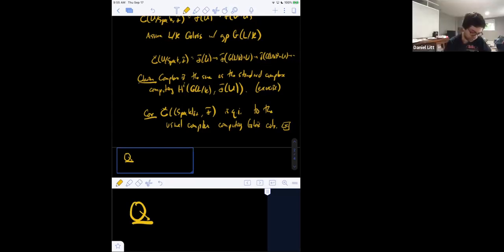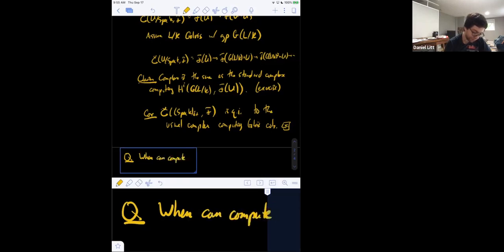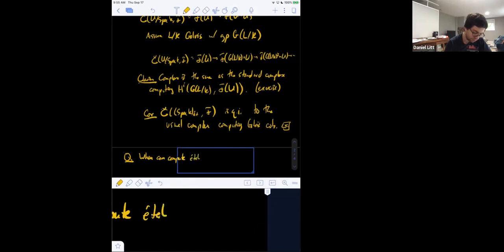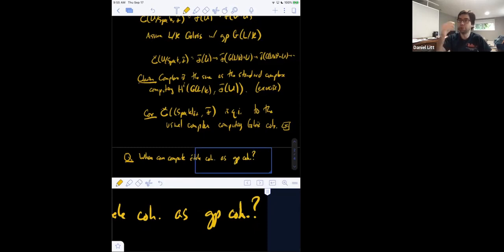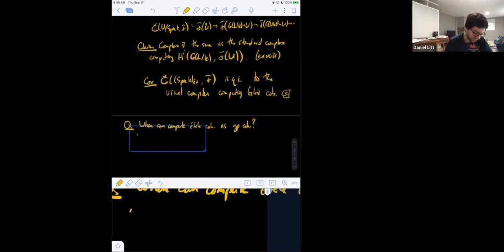So you can ask: when can you compute étale cohomology as some kind of group cohomology? Okay, and you could similarly ask this about singular cohomology or your other favorite cohomology theory. That's a totally reasonable question. And the answer, and this is in some sense a fake answer, but in some sense not a fake answer,